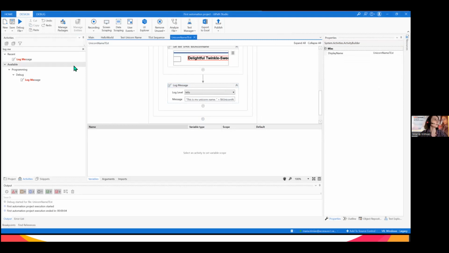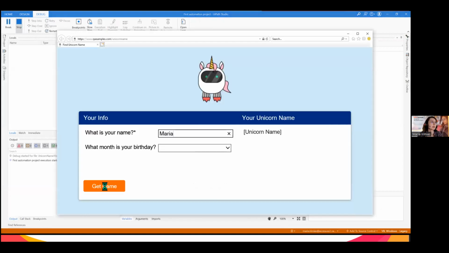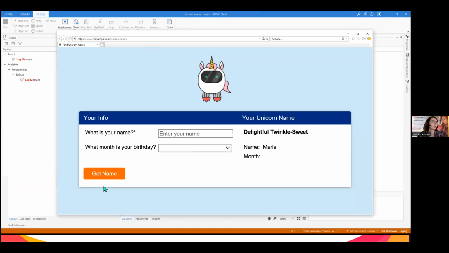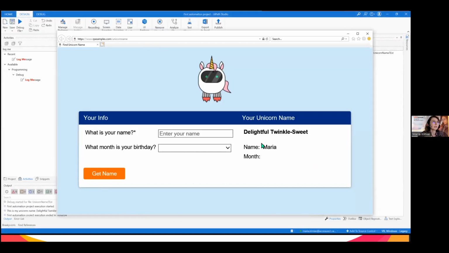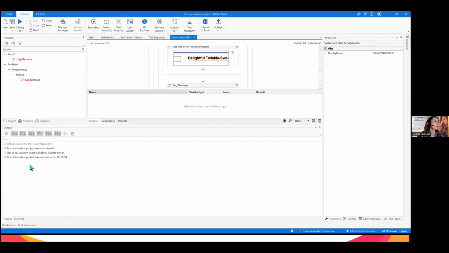I just closed the windows which would remain open. And now we can go and see step by step how the robot executes. For example, the name was Twilight Twinkle Sweet. Let's see on the output what it was here.